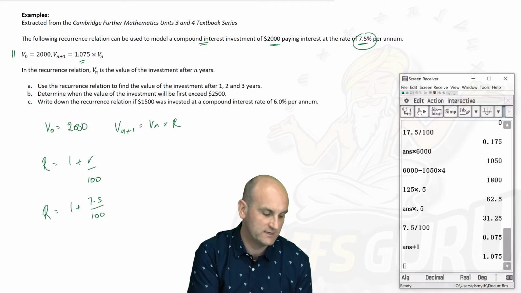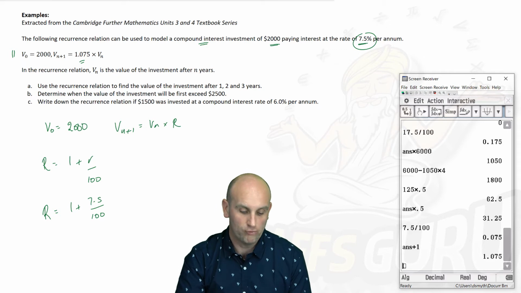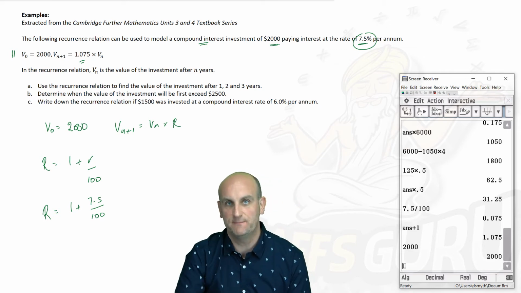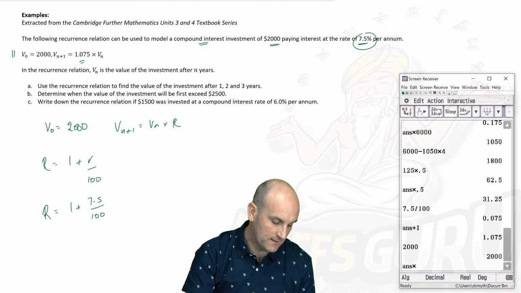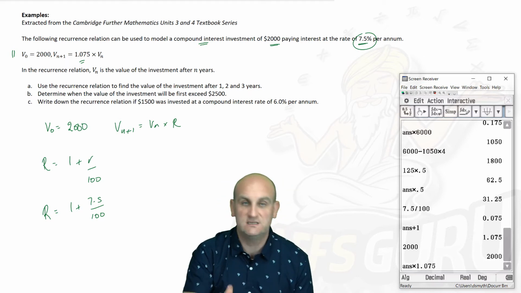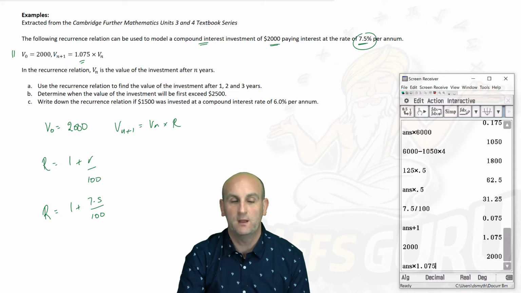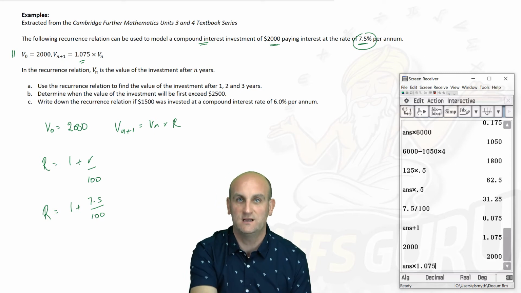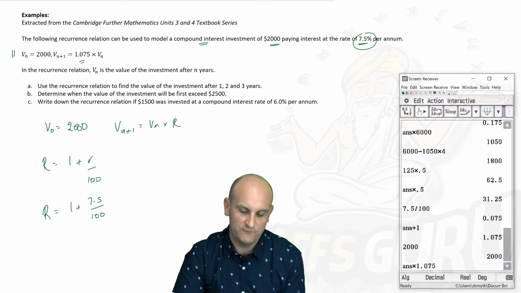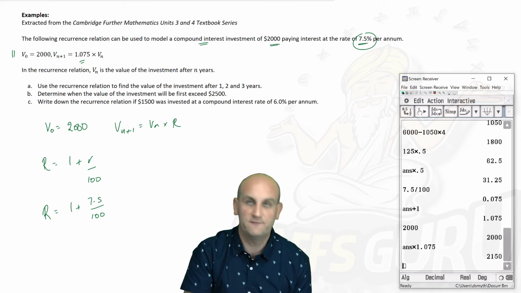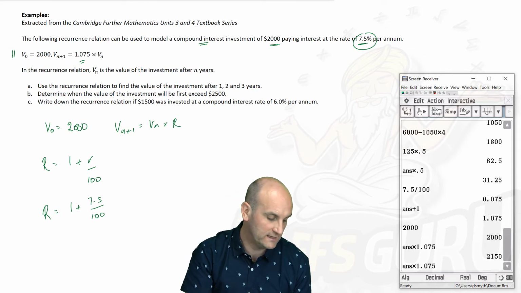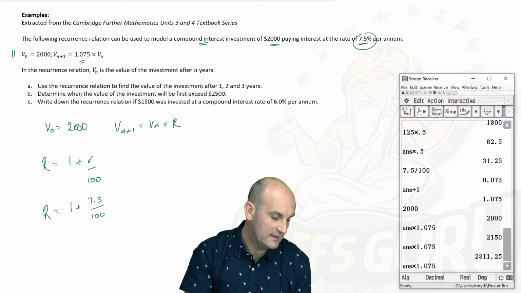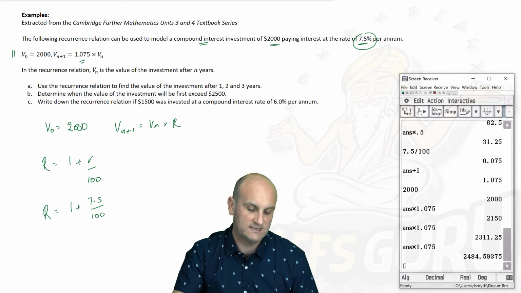So I'm going to bring up my calculator again, and this is where this execute button comes in really handy. So the first thing I'm going to do is put in my initial value and press enter. Now what I'm going to do is times that by 1.075, and do you notice how my calculator is coming up with the ANS keyword? What it's saying is take my previous answer, multiply it by 1.075 and give me a new answer. It's the calculator doing this recurrence relationship for me. So hitting it once gives me the value after 1 year, 2,150. Hit it again, gives me the value after 2 years, 2311.25. And one more time gives me a great answer of